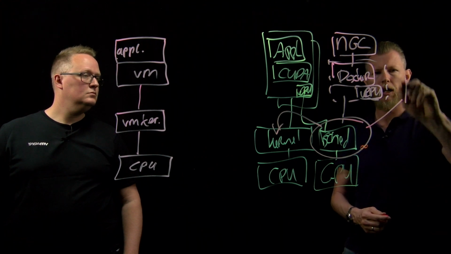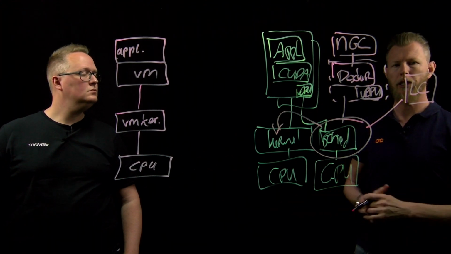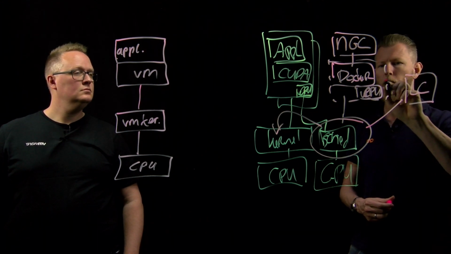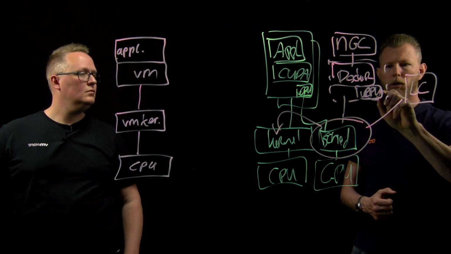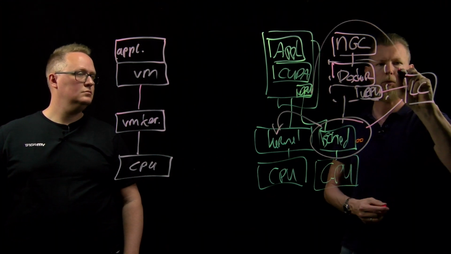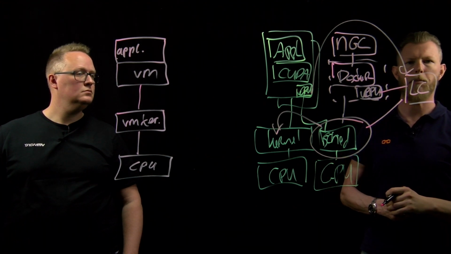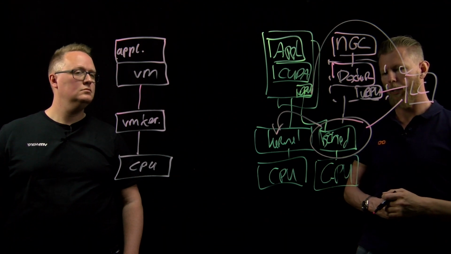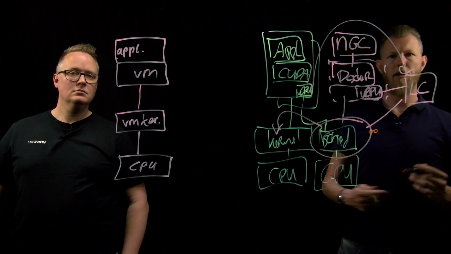There is a license server, and that could be either a Windows machine or a Linux machine. And there's the actual vGPU package that's installed inside the VM. So that's either this one or this one. That talks to the license server, and the license server itself will enable features that are enabled on the actual vSphere host. And there are a couple of things to check if everything is